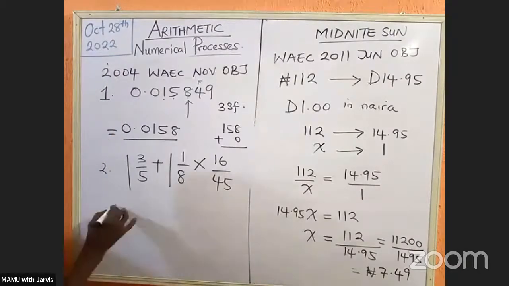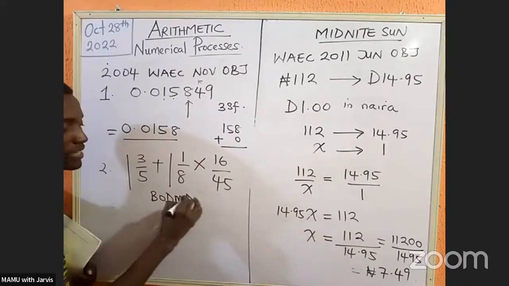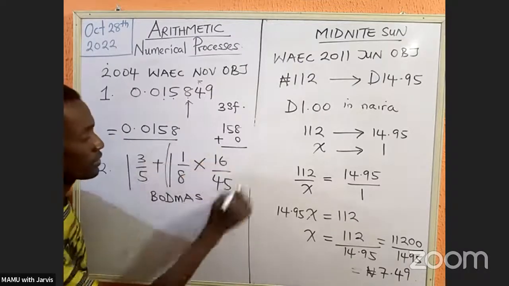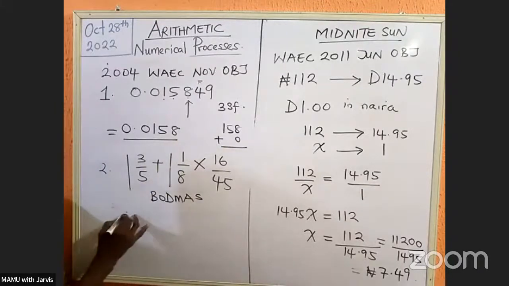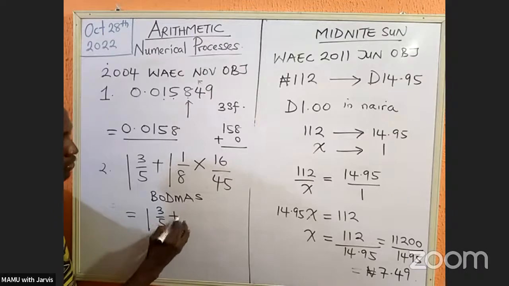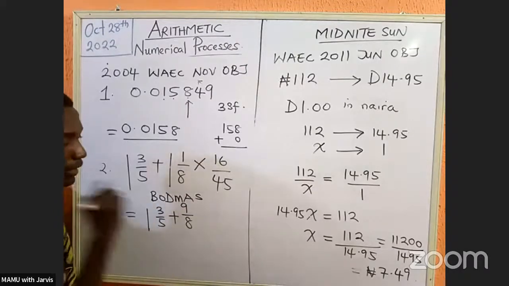So let's look at this. We start by writing our board maths. We keep your answers coming. And then by our board maths, we need to do this first. And to do this first means I have to turn this to improper fraction. So this will be what? 1 whole number, 3/5, plus 9/8. Is that okay? Times